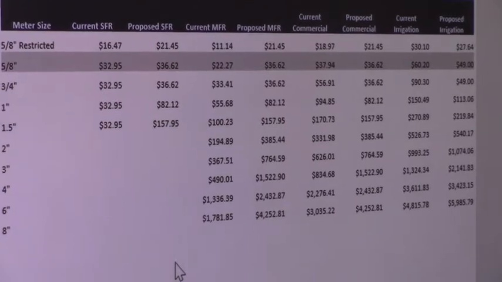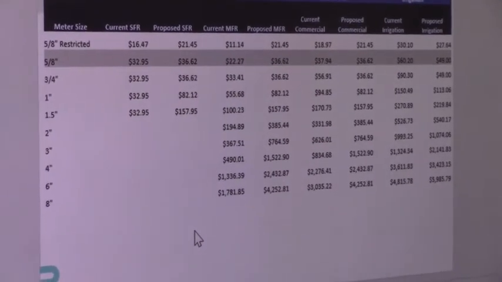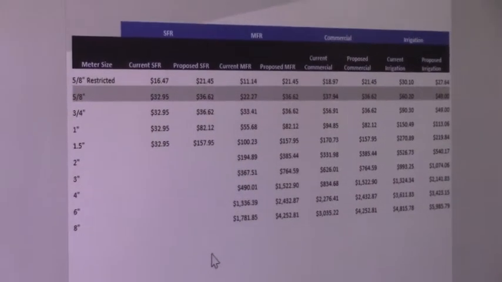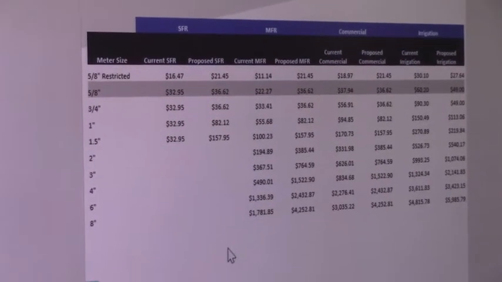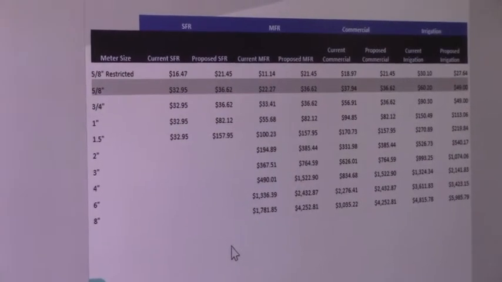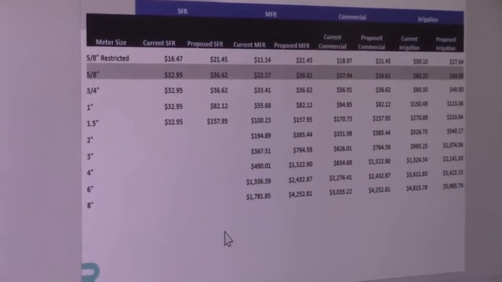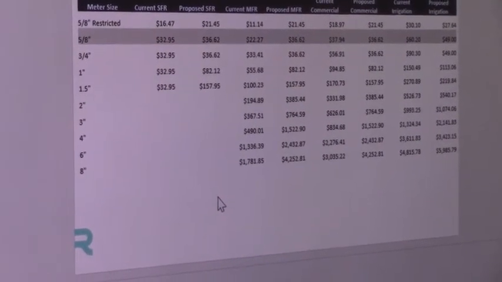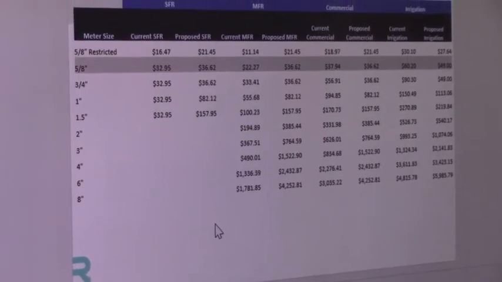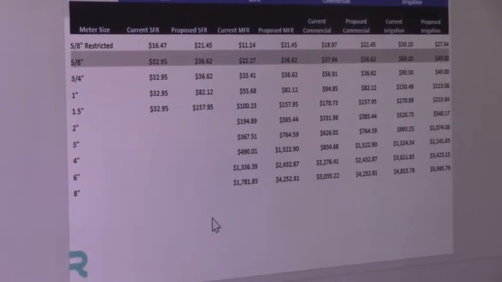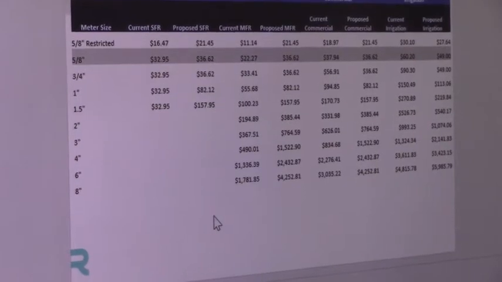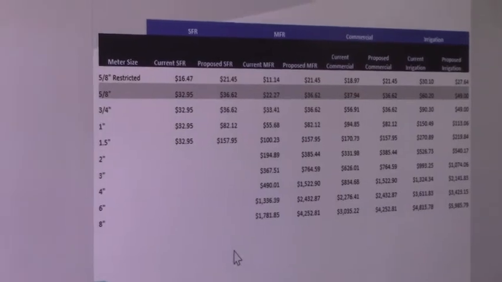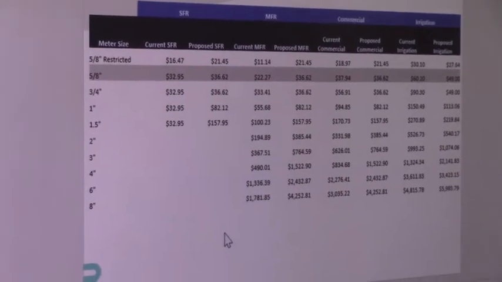Because they just wanted to see, they're making some changes to the inclining tiered structure. In the past, we were getting about 33% of our revenue from the fixed charge, and the remaining 67% was coming from the volumetric charge. What we're recommending now is 40% from the fixed charge and 60% from the volumetric. And that's regardless of CustomerSelect or anything else, you just want to change the inclining tier to better reflect the infrastructure, just to smooth out that revenue stability.